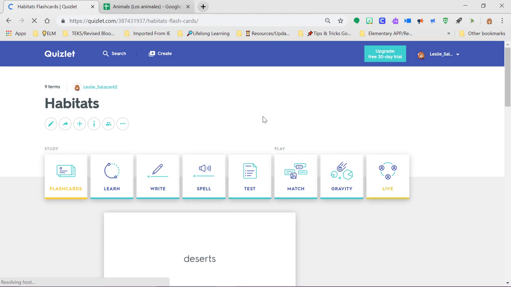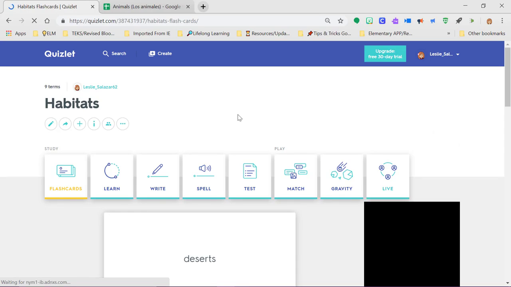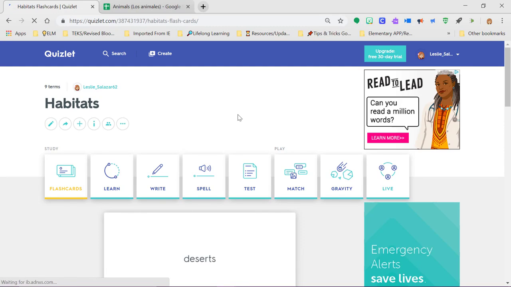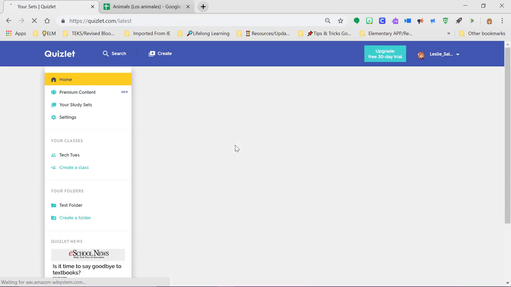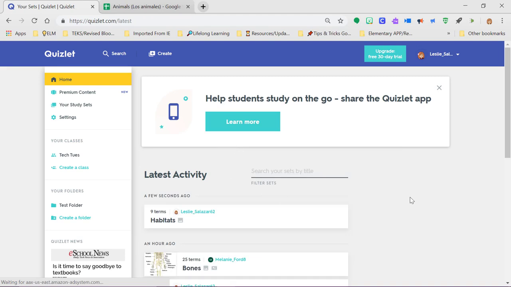Quizlet Live is good if you have devices for all your students in your class, because it'll group them up into teams, and then they have to collaborate together to find the correct answer to win the game. So I'm going to come back to my home page. Now those are easy ways to find